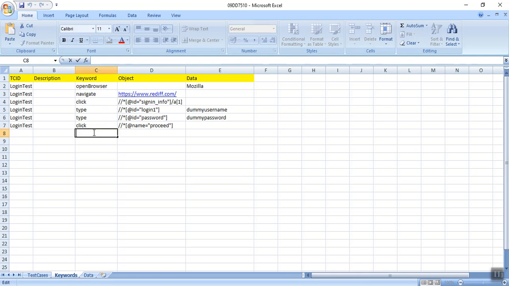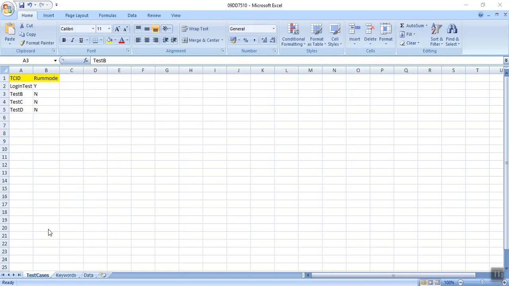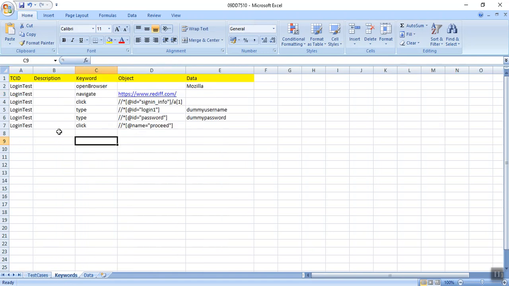And there are some application dependent keywords, like I give validate login. So it is application dependent. These are generic, but this is an application dependent keyword. So this is my first test case. Keywords: login test, and we have defined keywords for our login test, and test B will follow it.